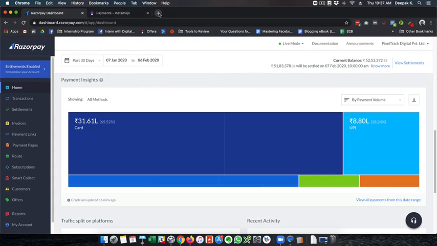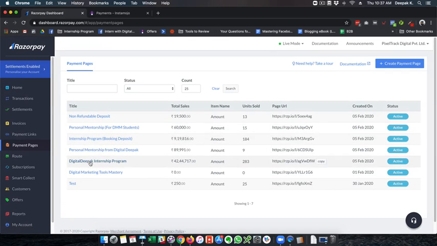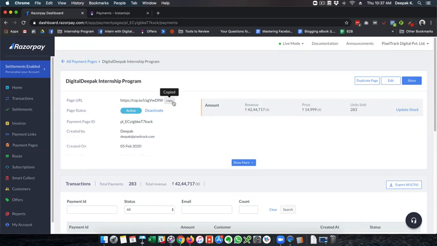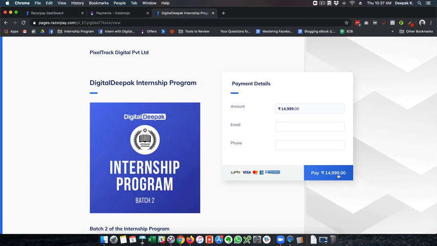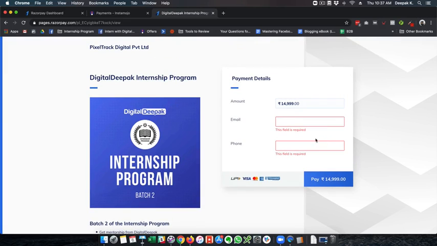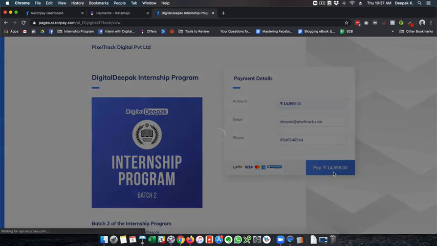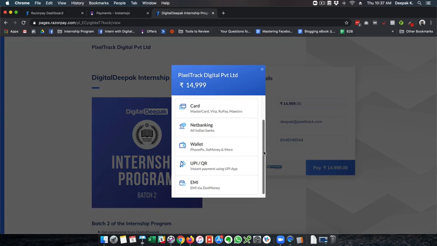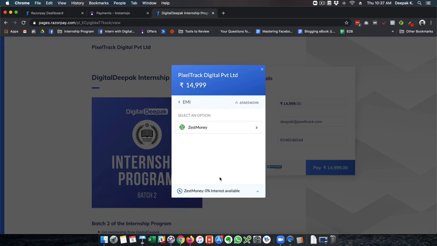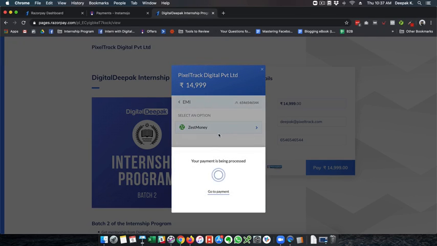So let's go into my Razorpay payment page, and if I click on pay here, let's just add a dummy email ID here, add a dummy phone number, and if I click on pay here, you will see that there is an option called EMI, and this is cardless EMI via Zest Money.